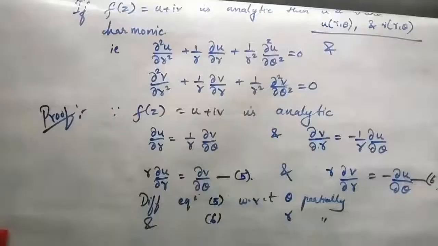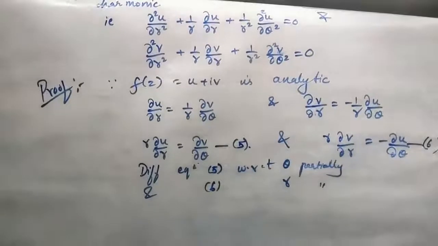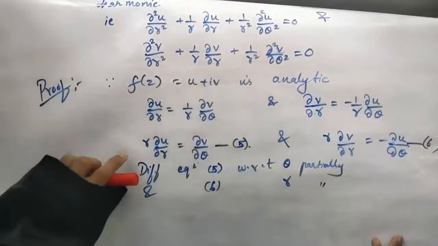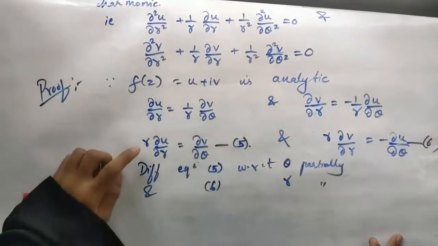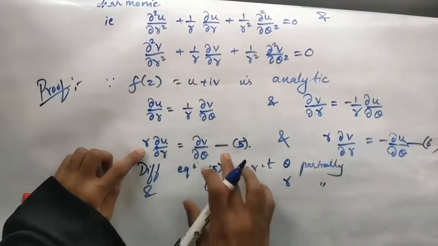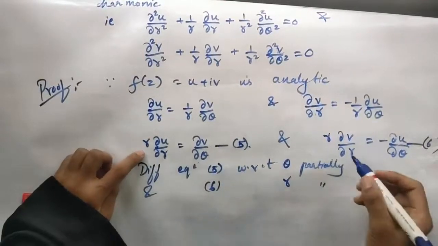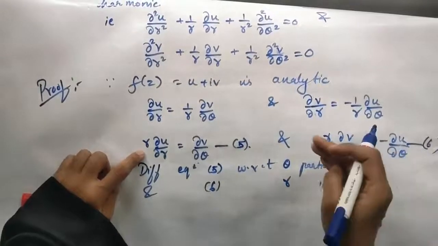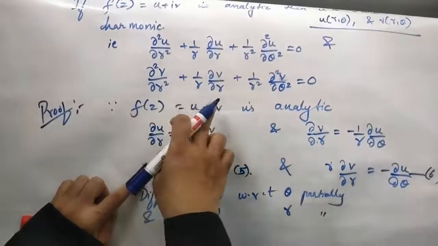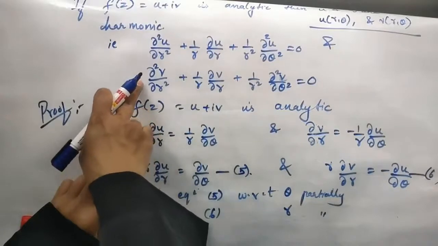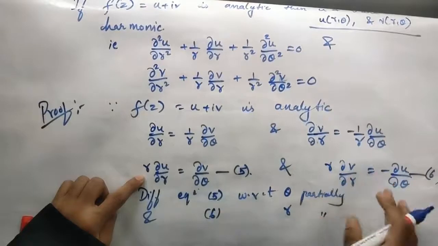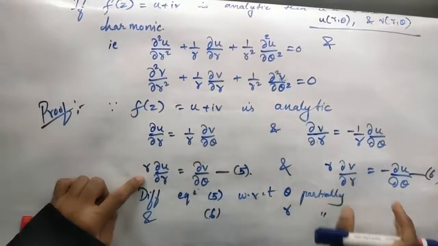Let us continue with proving for v how to prove that it is harmonic. Okay, let us do that. Once again I'm going to use the CR equations but in a different form. Equation 5 I have written is the same as equation 1, which I will be doing for v right now. Here I'm just separating ∂v/∂θ and ∂v/∂r with r, because I need r over here, for ∂²v/∂r² and so on. So I'm going to take my r over here, it will be easy for me to do with that.